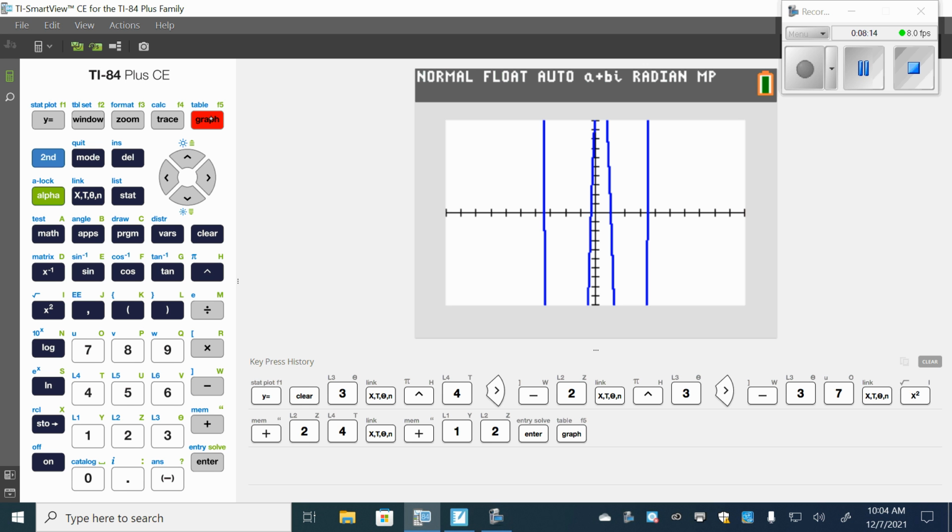Now let's look at the table. Well, before we look at the table, when we're talking about the y values for this graph, when it crosses the x-axis, the value of y is going from what to what? From positive to negative, right? Okay, so if we look at the table,